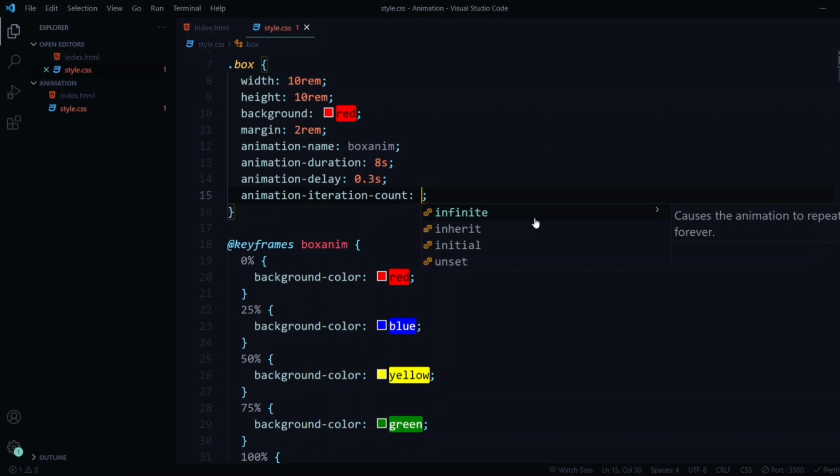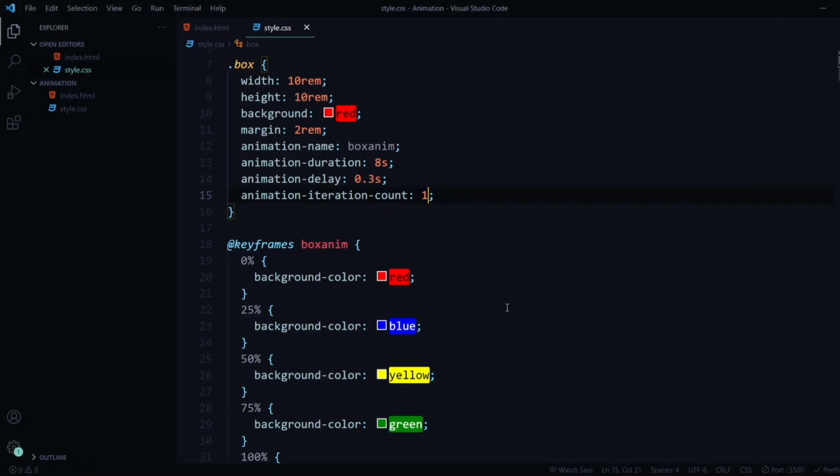Now if I put 1 over here, this is the default value, because our animation is going to run one time. So if I refresh now, you can see our animation runs just once, and after that one time it stops. But now if I input 3 over here, 3 times it will go through all of this animation. You can see it's already started running even before I clicked refresh. You can see it runs 3 times now.